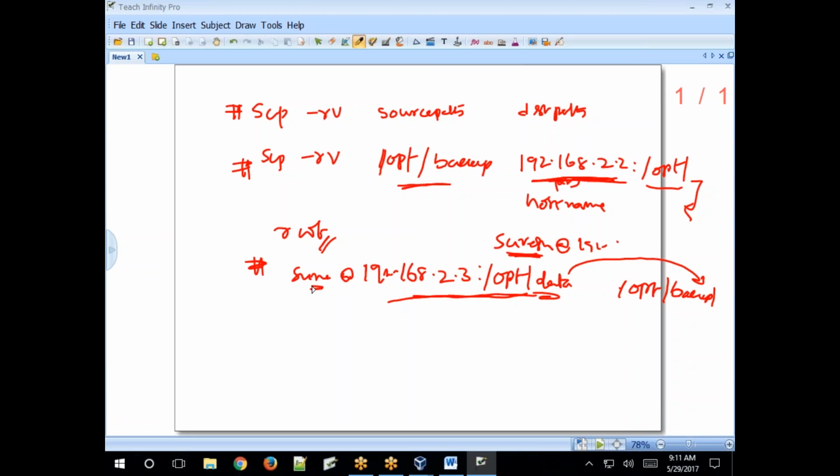So how do you access your remote system using SSH? Simply, on your Linux terminal, execute the command SSH followed by the remote system IP address. From Windows, install the Putty tool and enter the host name or IP address in the host name field. So you will get a field like this, so I will show you that.